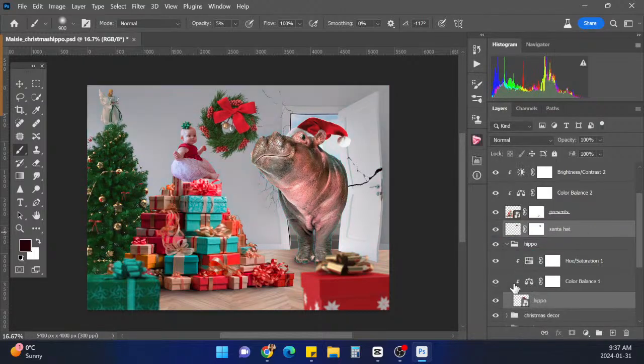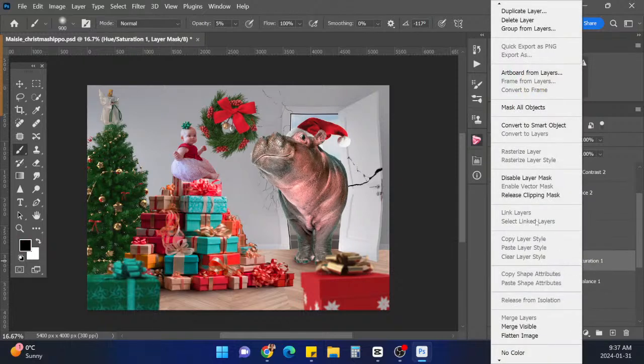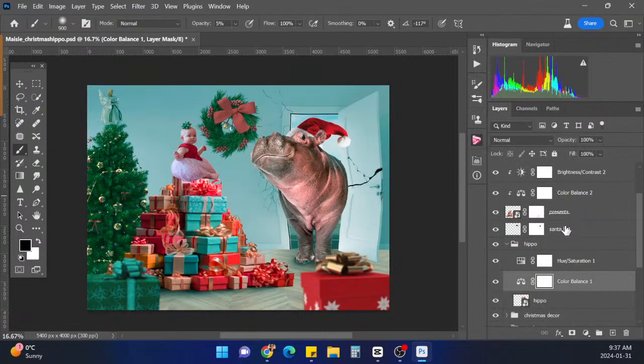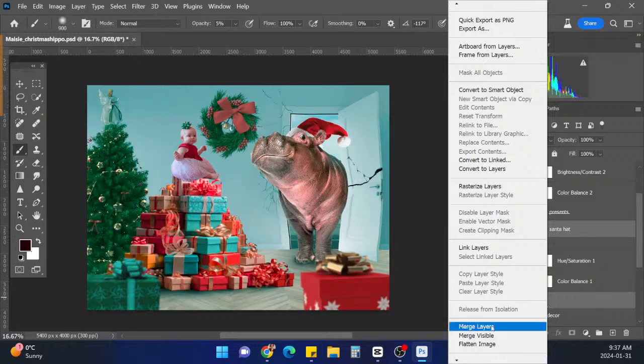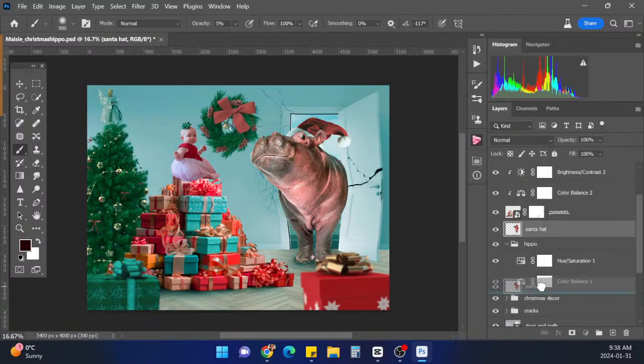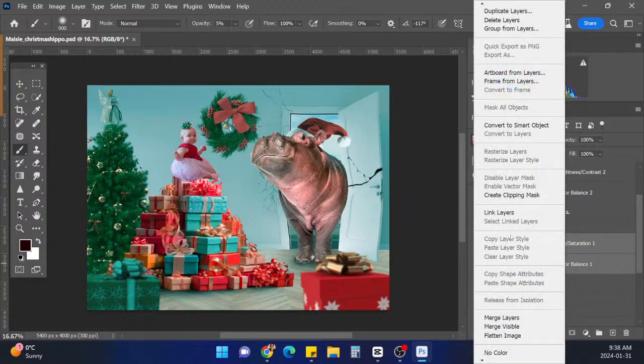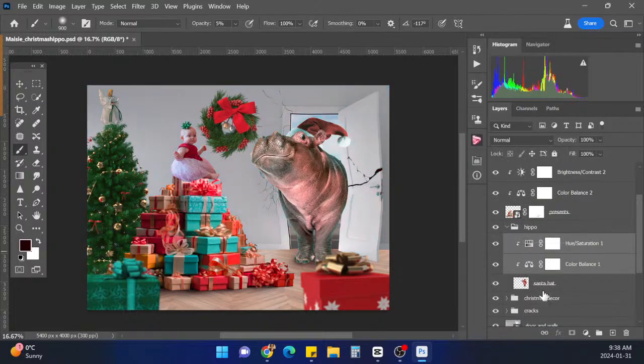Oh, it's because I got these ones linked. So let's unlink them for a second. Release clipping mask. Now I'm going to merge these. There we go. I'm gonna put the hippo down here. Now we're gonna clip both of these back on our hippo. There we go. Okay, so now,